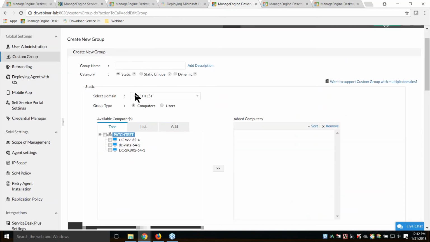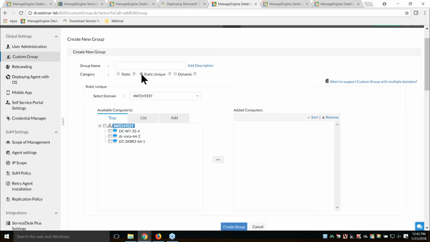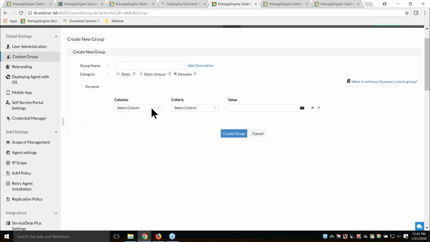Now, I can create a static group, a static unique group, or a dynamic group. When a machine is part of a static group, it can be part of any other static group as well. If it's a static unique, it cannot be part of any other static unique group. That's a unique group. And then if it's a dynamic group, like I mentioned, if you want to group them based